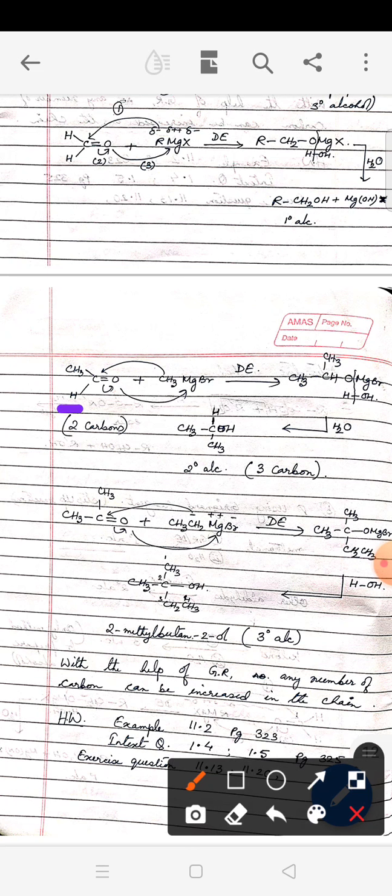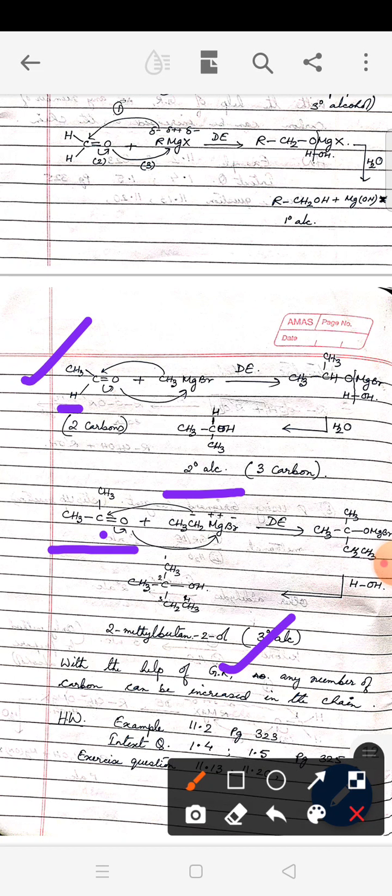As long as one hydrogen is attached here, you will be getting either primary or secondary alcohol. And as in ketone, there is no hydrogen here. If you do the same method, you will be landing up with a tertiary alcohol. So please remember, if you want to prepare a tertiary alcohol using a carbonyl group, you have to take a ketone and you have to choose an appropriate Grignard reagent. If you want to prepare a secondary alcohol, you have to take an aldehyde and an appropriate Grignard reagent.